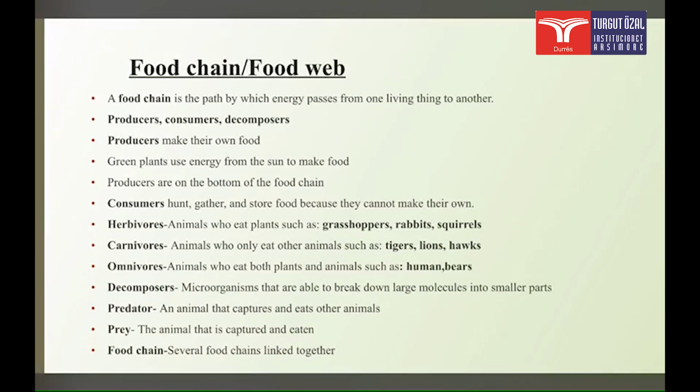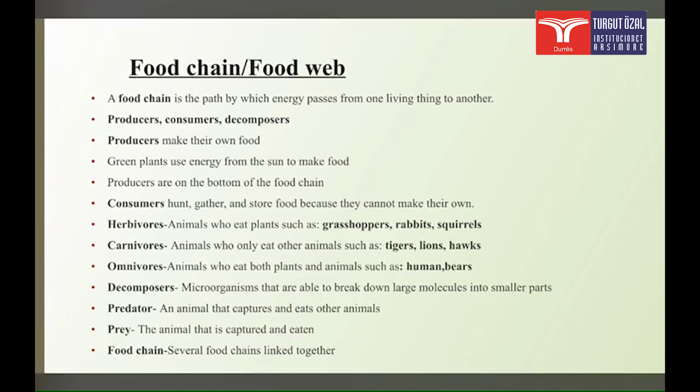Another topic that we have discussed at school is food chain. What is food chain? A food chain is the path by which energy passes from one living thing to another. Food chain is made up of producers, consumers, and decomposers. Producers make their own food. Green plants use energy from the sun to make food. Producers are at the bottom of the food chain, while consumers hunt, gather, and store food because they cannot make